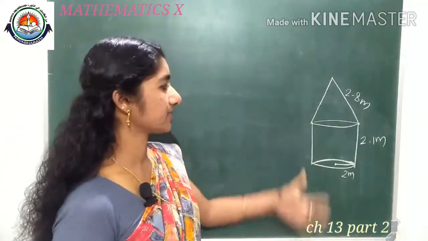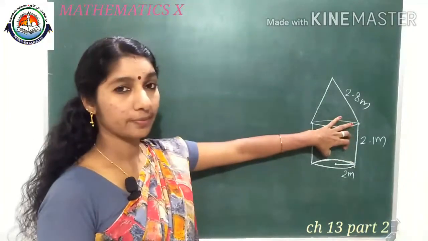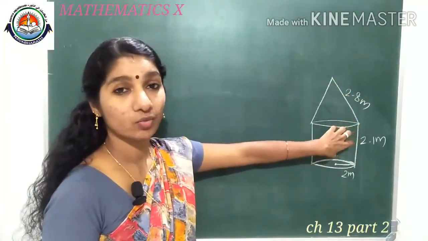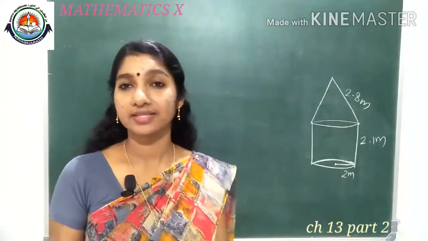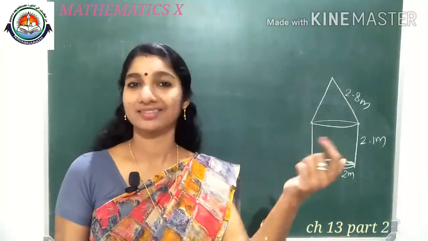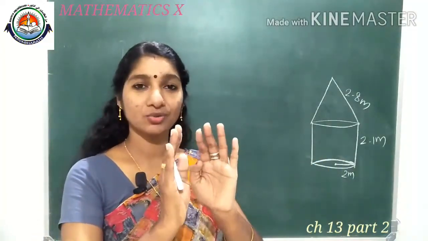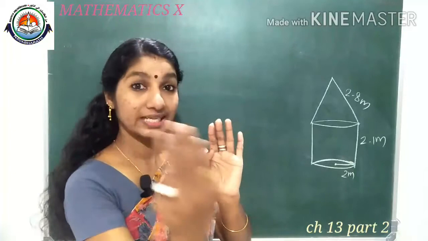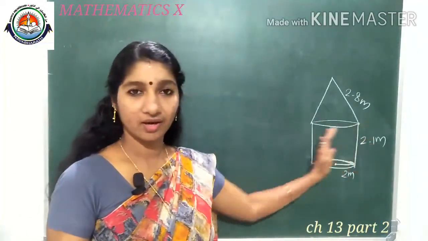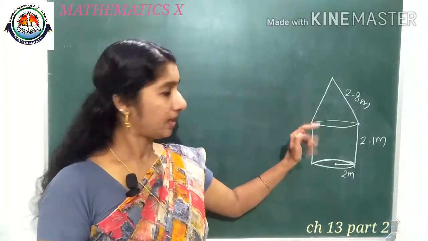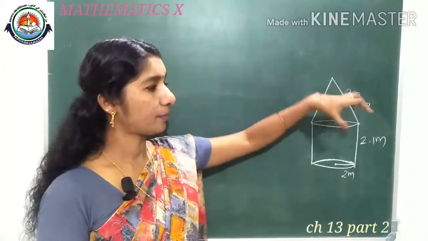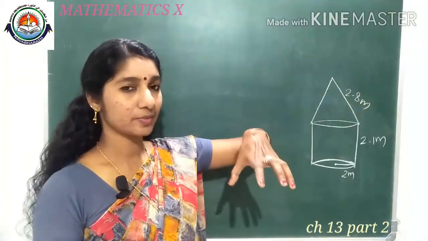I just explained what is given in the question. Cylindrical shape, on the top one cone shape, we are making a tent by using canvas. We need to find the total surface area of the canvas. So think about the canvas which is made for making this shape. That canvas is used for this cylindrical shape, isn't it? So we need to find the curved surface area of the cylinder. Plus this one means on the top is attached. Top is attached means this is a tent.